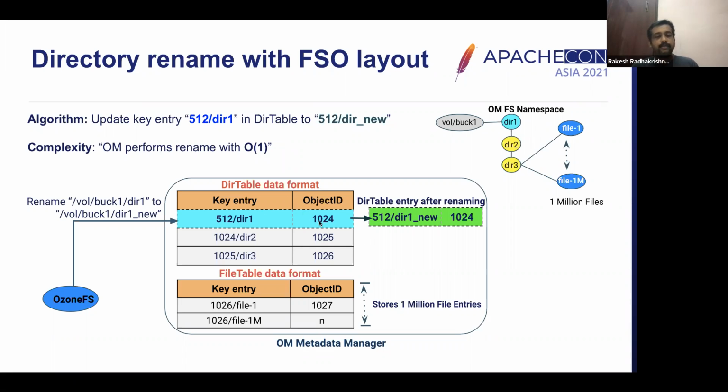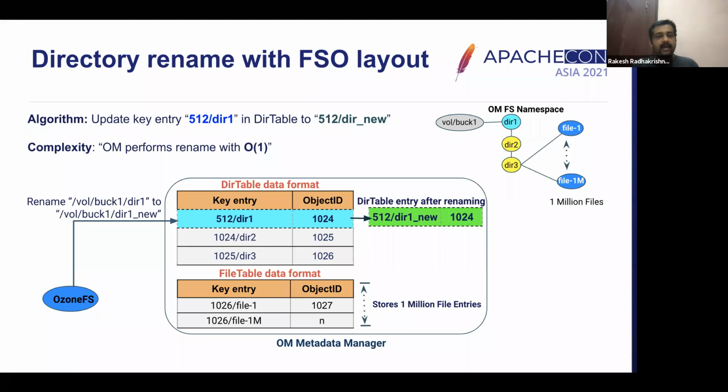And for example, if somebody is trying to list a directory one content, it will do a top down traversal basically. So first it will identify the directory one entry and find out what is the corresponding object ID of directory one, and then it will fetch next 1024 slash directory 2, and then move on to directory 3, and then finally we'll go to the file table and list down all the million files. So this is how the listing operation happens. In that case, we have completely avoided the duplicate effort of updating all the keys like we saw in the previous diagram.